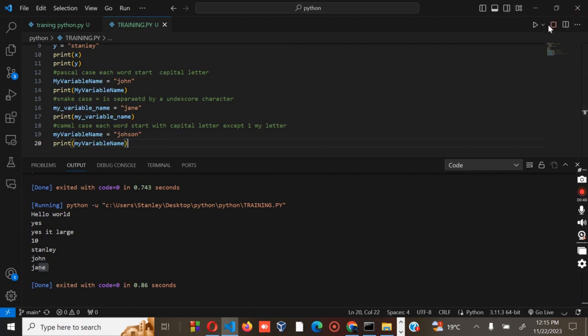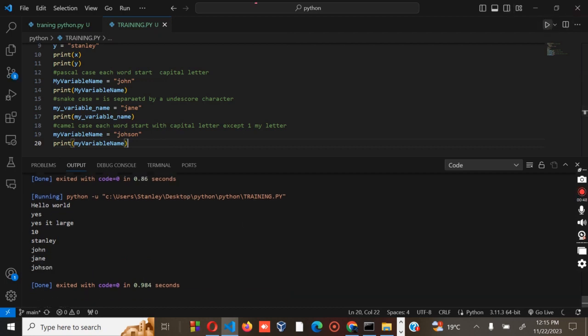Okay, run your code. You'll find that we have successfully printed the name Johnson. So what we have learned from these three lines is the snake case, camel case, and lastly the Pascal case.